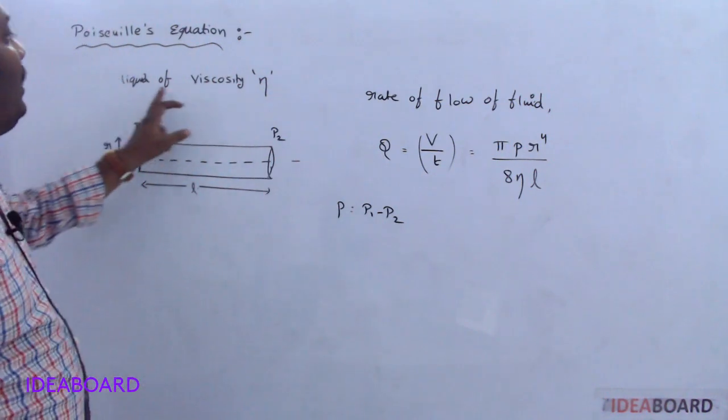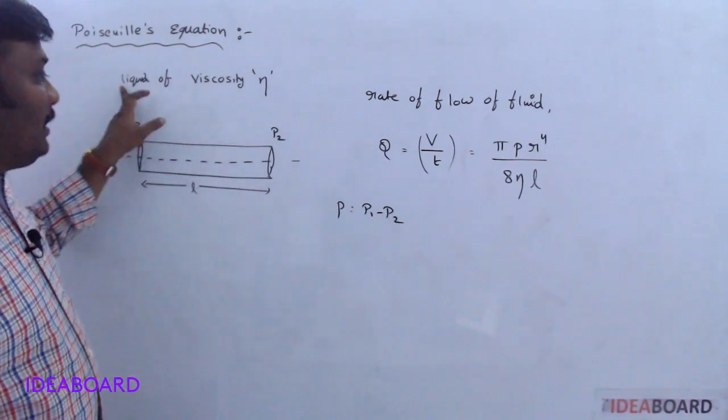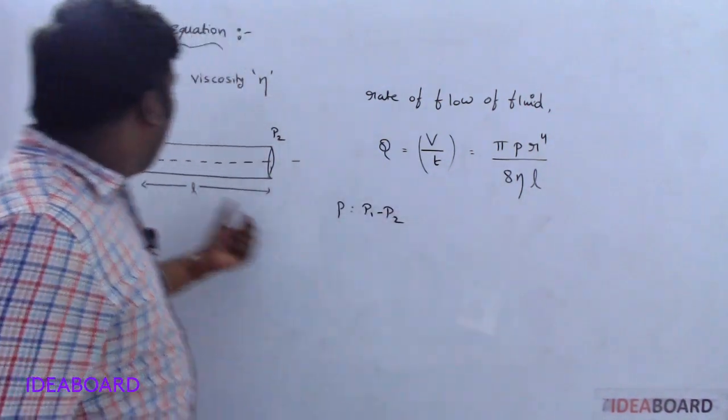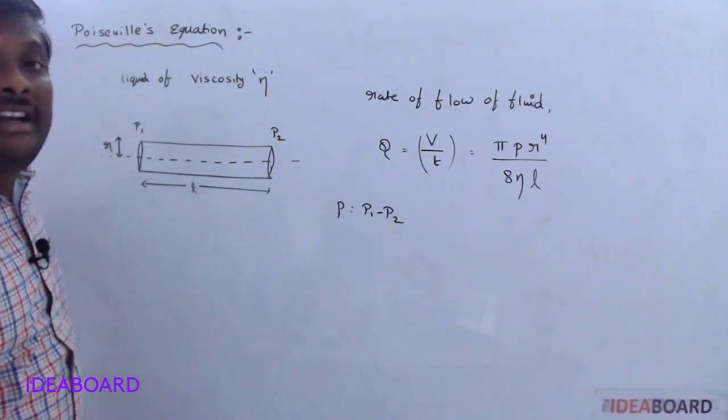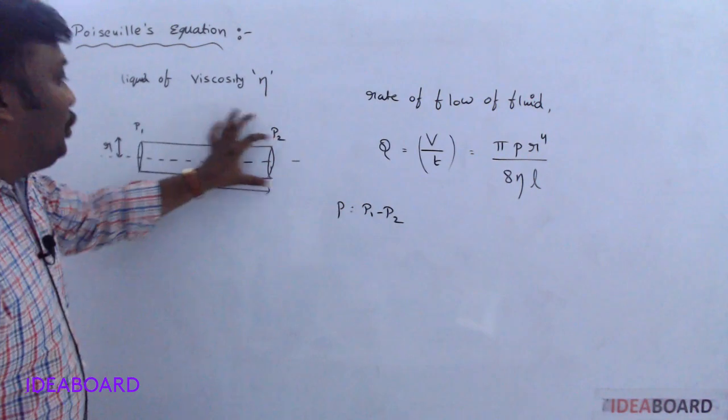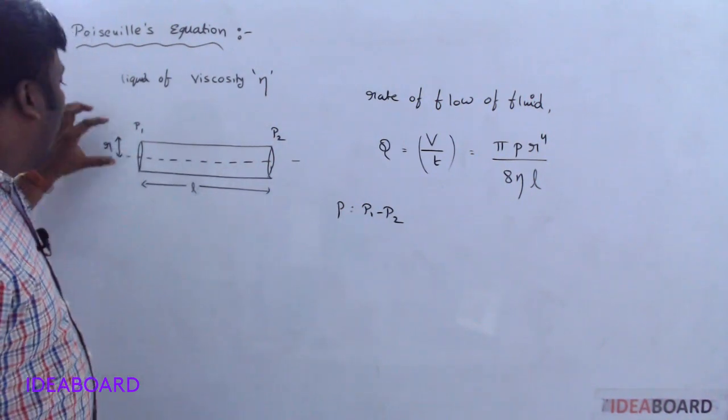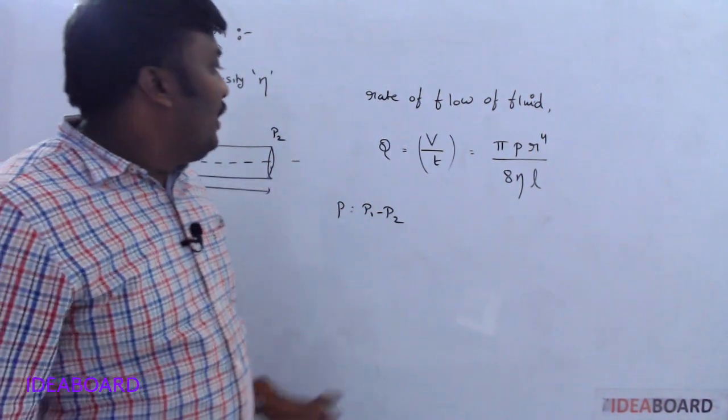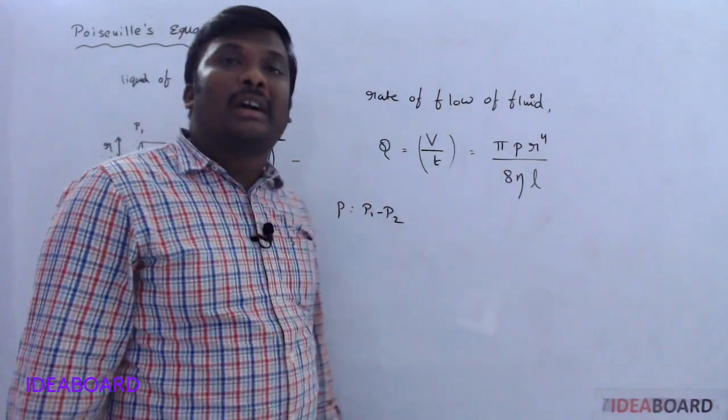And eta is the coefficient of viscosity of that particular fluid. L is the length of the tube and R is the radius of the tube. Now, this formula I would like to compare with